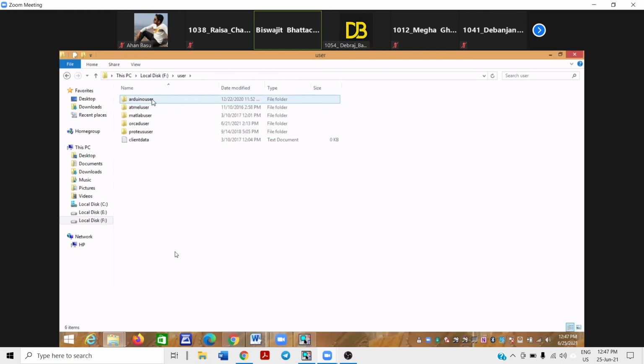For Arduino related or microcontroller related operation it will be Arduino user. For Atmel microcontroller, Atmel user. For MATLAB, MATLAB user. For OrCAD PSpice, OrCAD user. For Proteus, there are many other users also not shown here. So one OrCAD user is there, and all my programs will be dumped in the OrCAD user. It's already there, so I just close it.